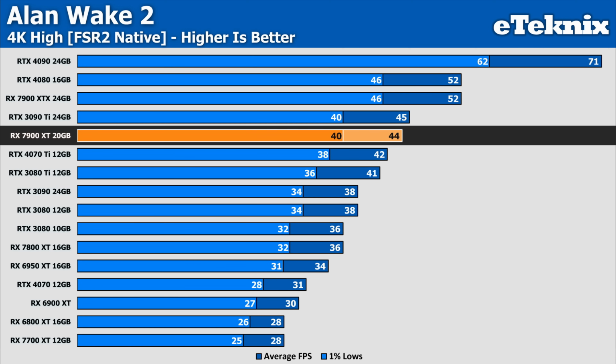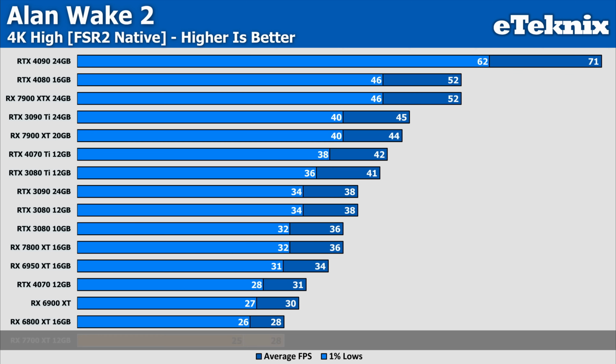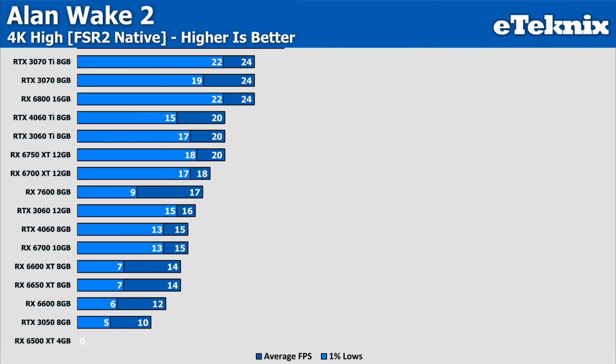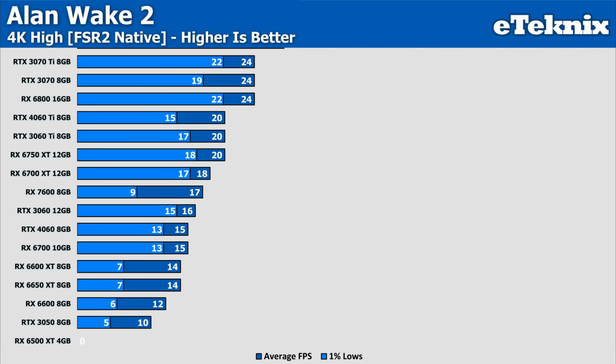Many of the other cards still surpass 30 FPS, though now the likes of the RX 6900 XT sits just on that marker, and the newer 7700 XT drops down to just 28 frames per second, while 15 GPUs are what I'd class as, I guess, completely unplayable at 24 FPS or below, and now with some instances of single digit figures in the 1% lows,